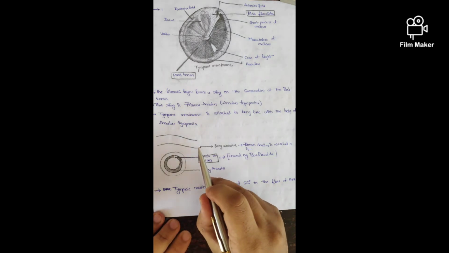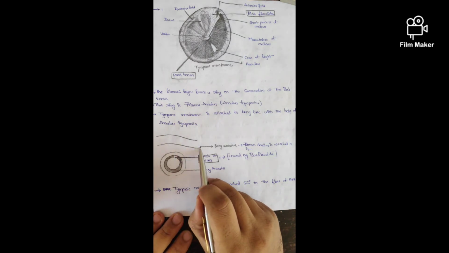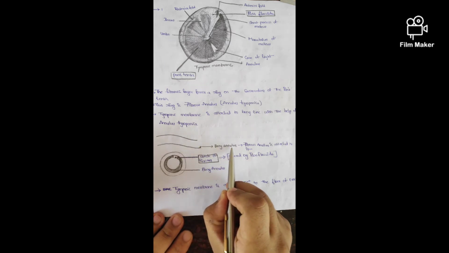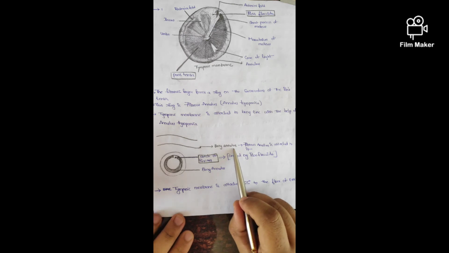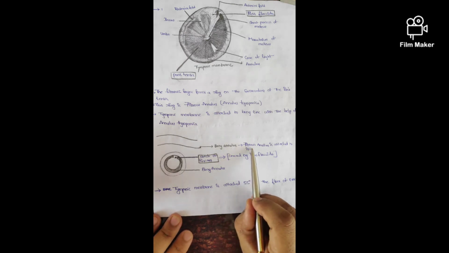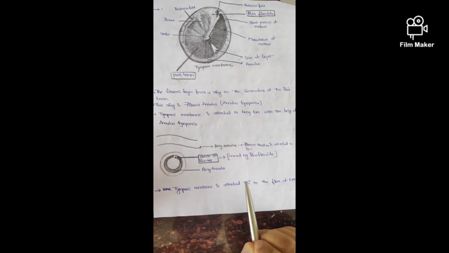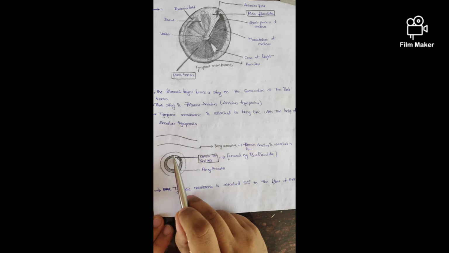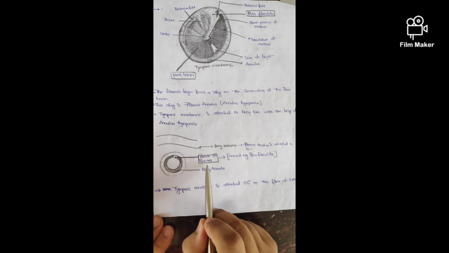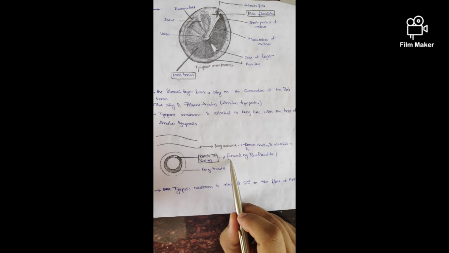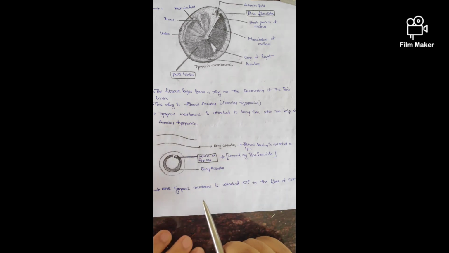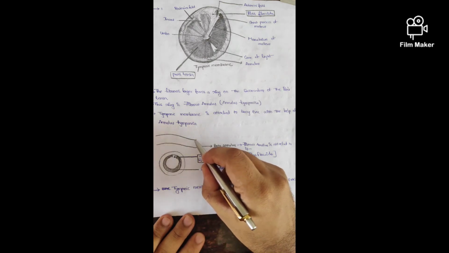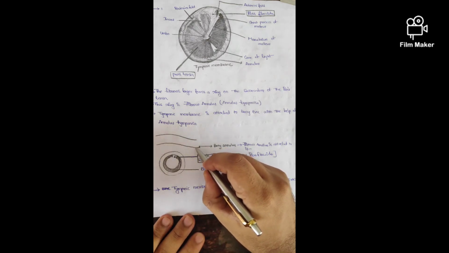Here, this is the external auditory canal. In the bony EAC, there is a slight elevation of bone known as the bony annulus. This bony annulus is attached to the fibrous annulus of the tympanic membrane. As you can see, the bony annulus is deficient in the upper region, known as the notch of Rivinus, which is covered by the pars flaccida. The tympanic membrane is attached to the floor of the EAC at an angle of 55 degrees.